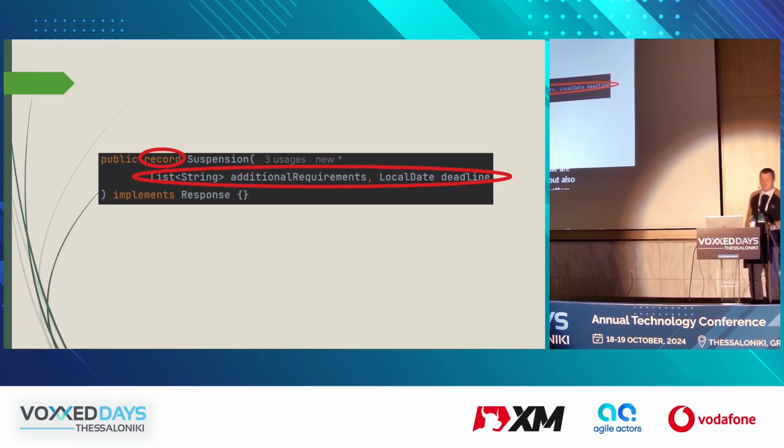We will go to it also to another slide, and it also allows us to add some validations and so on, but we will omit it for brevity here. And of course, our record can implement the interface Response, so the hierarchy is still being kept. This implementation of the interface will be used a few slides later. Okay, I somehow revealed a little bit that in records we get something almost similar to these Lombok data classes